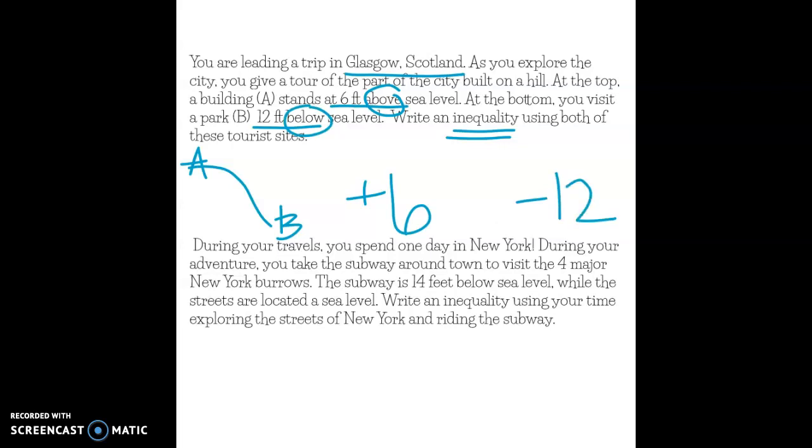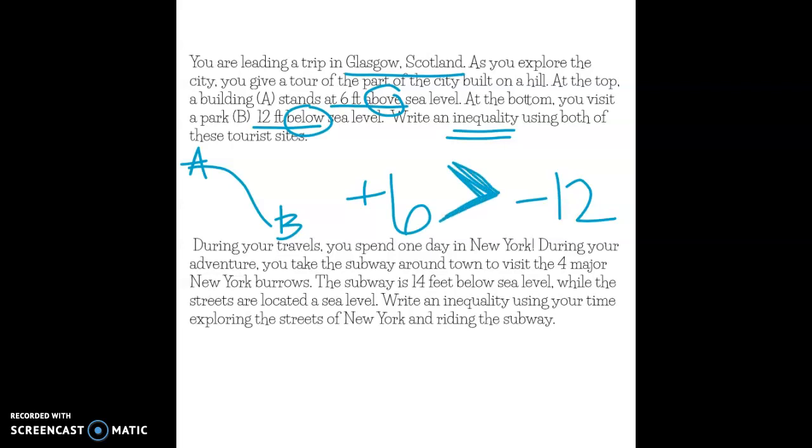And then I'm going to use an inequality to talk about which is larger. So when we talk about a larger number on the number line, you know this, a larger number on the number line is always farthest to the right. So if you use your hands to help you, anything to the left is getting smaller, anything to the right is getting bigger. So I know that positive 6 is farther to the right on the number line, which means it's bigger. I can use my inequality symbol showing that my